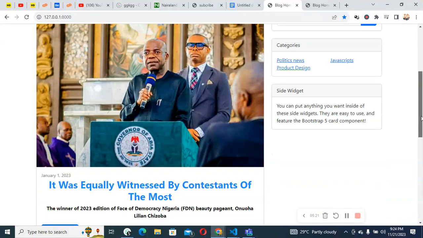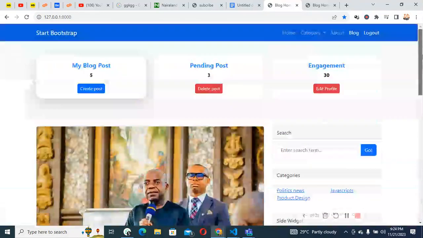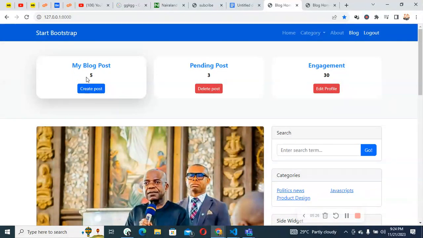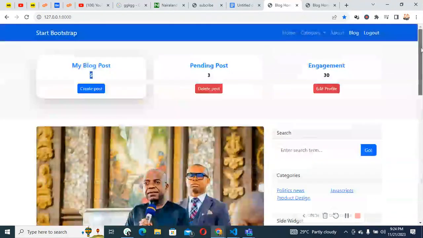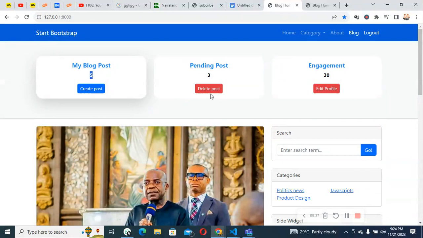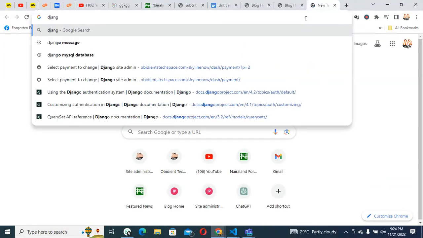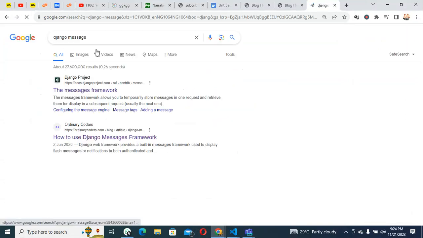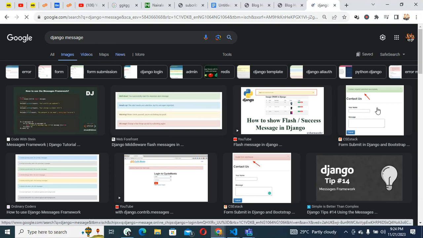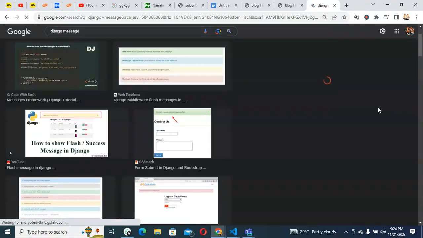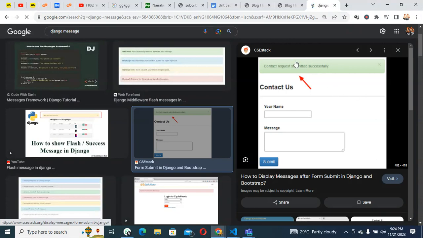So this is it. Okay, these are dynamic, and so what we want to do here is that any action we perform, we should be able to have a message like this. Just come here to Django messages. So let's see an image. So we needed that any action that happened, instead of us getting the HTTP response, we should have this